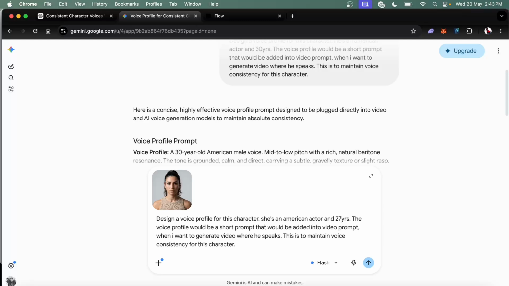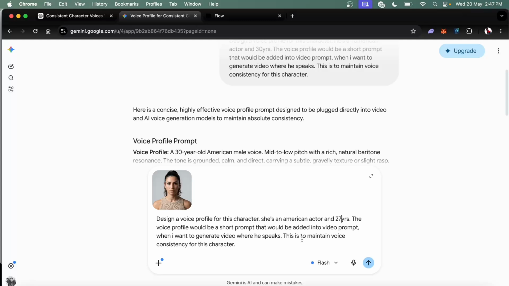When creating your character's voice profile, make sure you specify the age and you specify the nationality. The age helps the AI to determine exactly how this character is going to sound, if the character is going to sound like a younger person, middle age, or an old person. The nationality equally helps the AI to know the exact accent to give to the character. So these two things are very important whenever you are creating your character's voice profile.